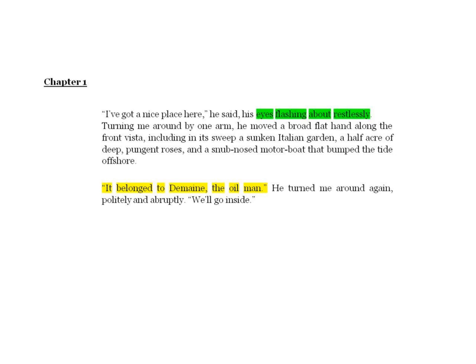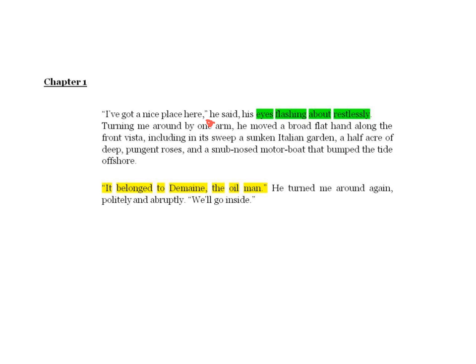A great juxtaposition there as well. In the same breath as he seemingly expresses satisfaction, I've got a nice place here, in a way that sentence should end with a full stop. But Fitzgerald undermines that through his narrator Nick. He said, his eyes flashing about restlessly. It's almost like, right, I have a nice place, what else can I acquire? This is not enough. What is my next target, goal or objective to acquire and obtain? Very interesting juxtaposition, but also really good psychological insight into the mind of these moneyed characters.